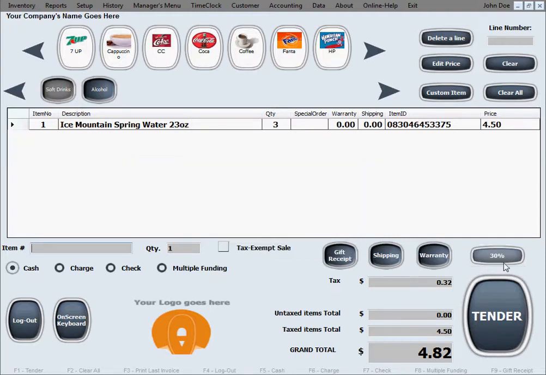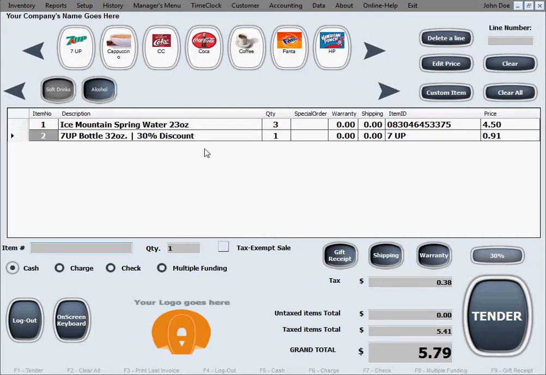So you can see this discount button got colored differently and it has the value of 30% on it. That's to remind you that right now you have a 30% discount activated. So whatever you scan from now on, it could be one item or multiple items, they'll all ring up with a 30% discount. Let's say we'll use one of the buttons that we created in one of our earlier videos. Let's say this 7-Up in here. I'm just going to click the button and it's going to enter the item with a 30% discount onto the